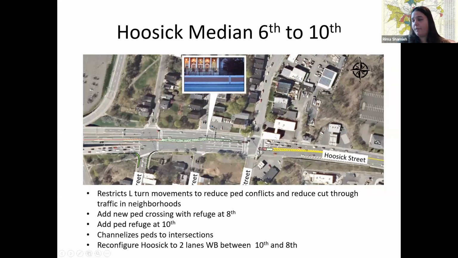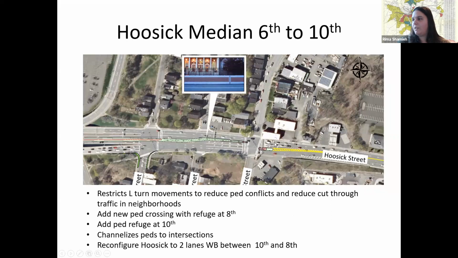Putting in pedestrian refuges at 10th and adding a crosswalk with a ped refuge at 8th. And then some other minor things like bulb outs at 8th to shorten the crossing length.